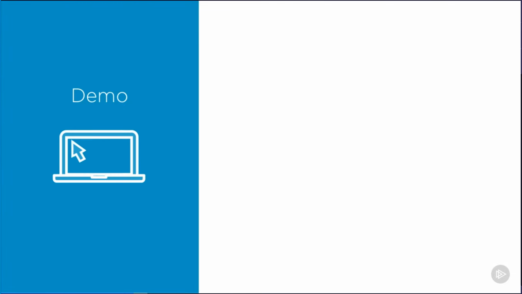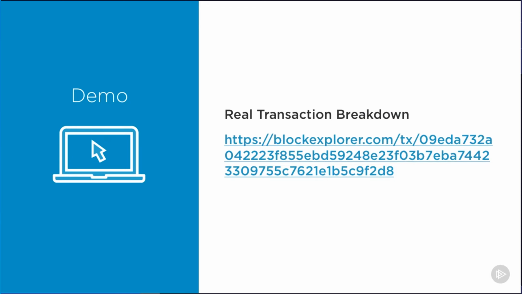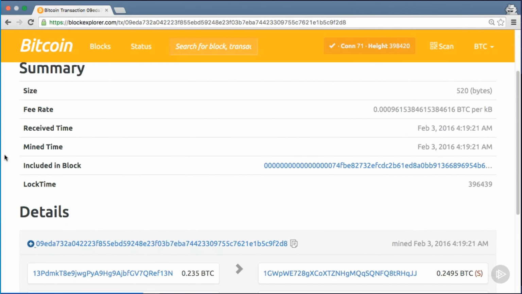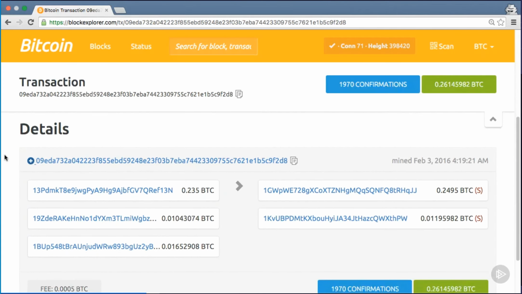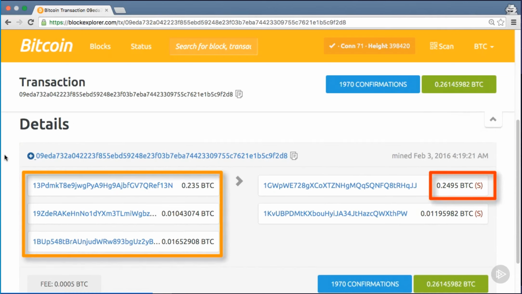Let's look at a real transaction at blockexplorer.com to see how this works in detail. This transaction is sending 0.2495 Bitcoins, which we can see in the output list. The transaction references 3 input transactions. Now, because those input transactions don't add up to 0.2495 exactly, and because of the rule that each input must be spent completely, a second output, or change output, returns the extra to another address, most likely also owned by